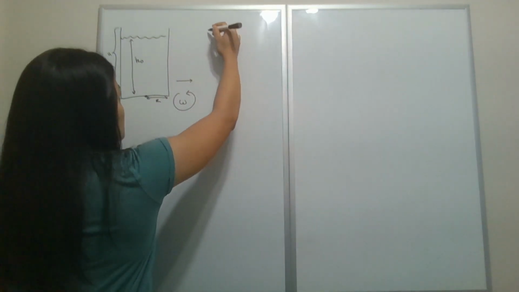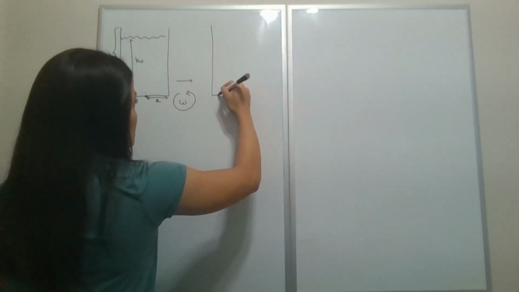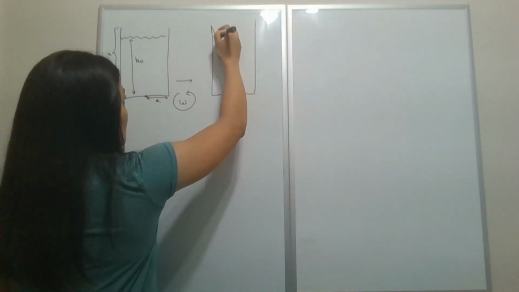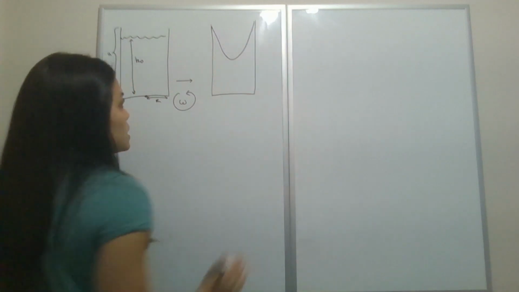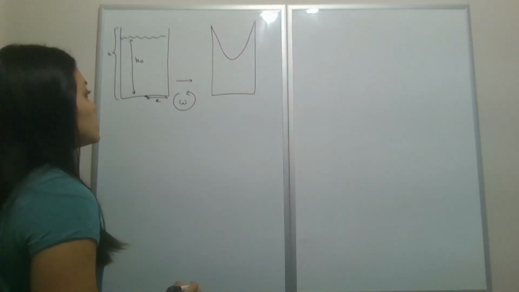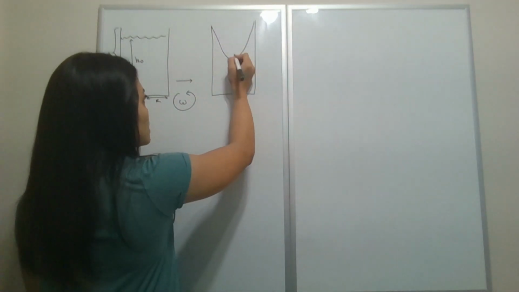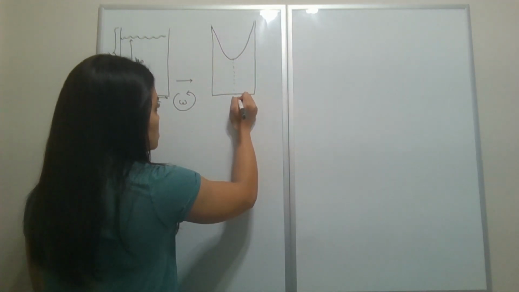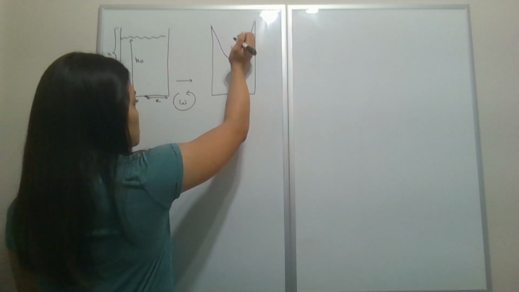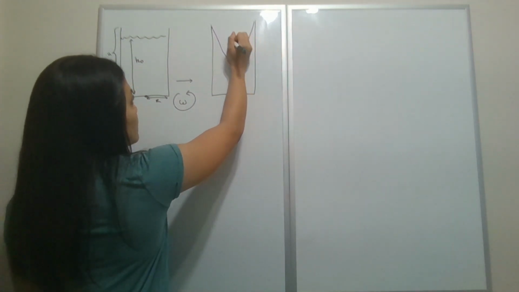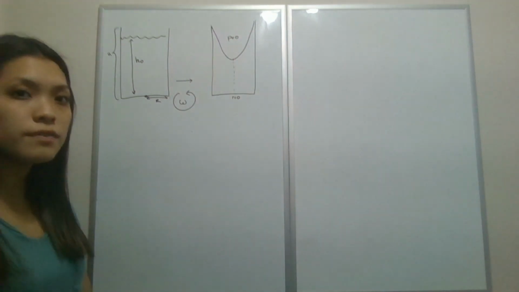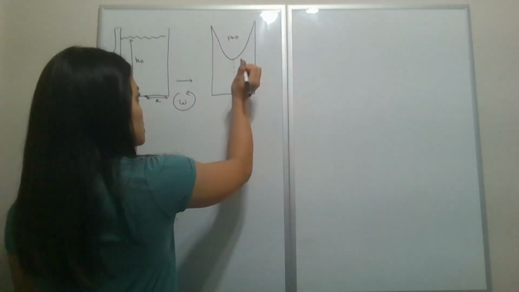So what it's going to look like while it's spinning is it's going to have some kind of parabola, that's a depression in the fluid height. And right here, we'll define the radius as equal to 0. And we're also told that the pressure is equal to 0 within this interface. And so,